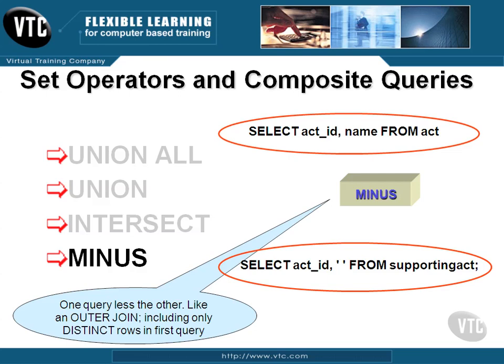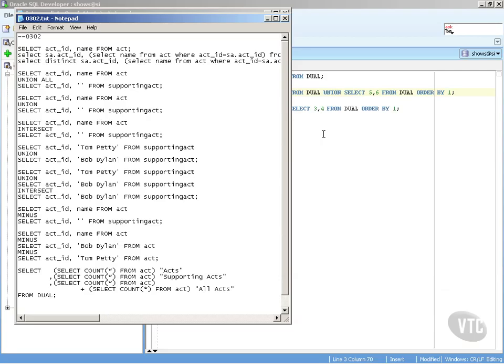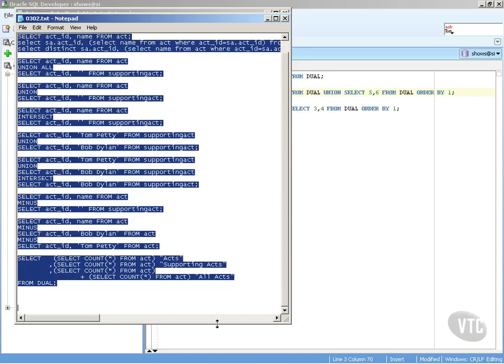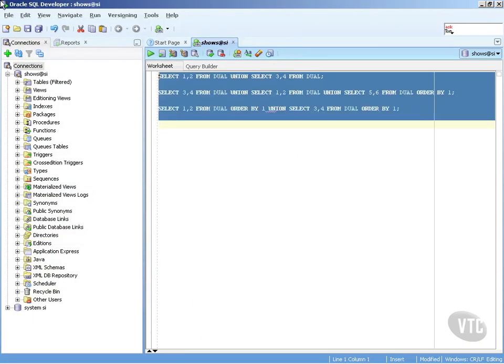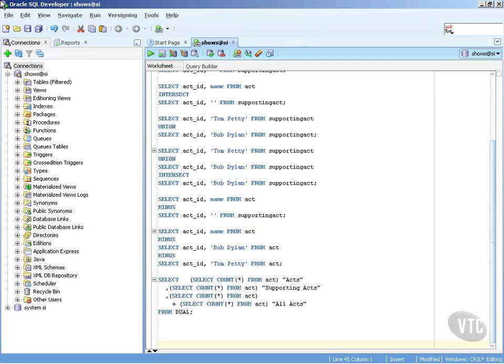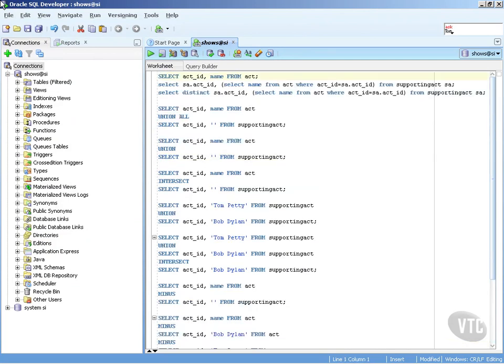So now let's go and look at some examples. And here is my example script. I'm simply going to copy all these examples and plop them straight into here. Go up to the top. And what do we have here? Well, first of all,